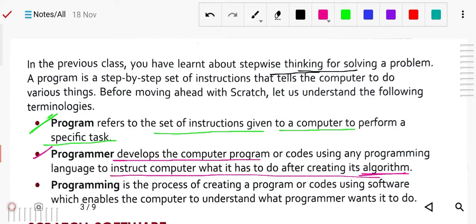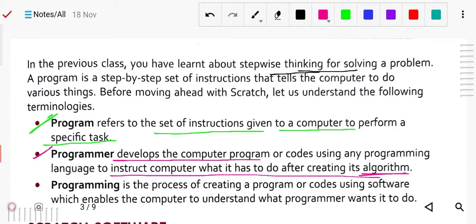So a programmer develops computer programs and writes the instructions for a specific task that can be performed on a computer.